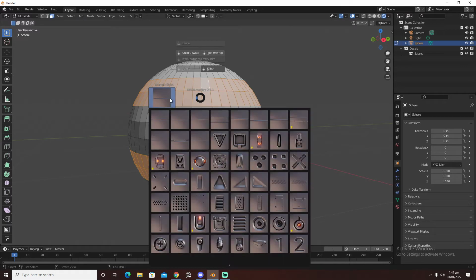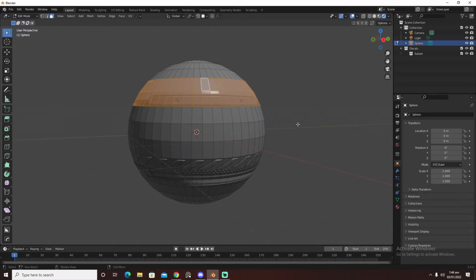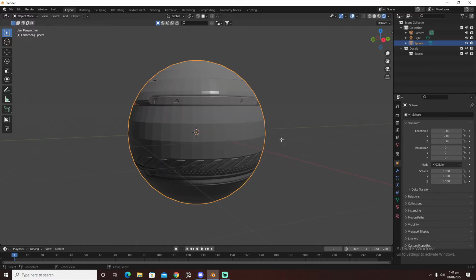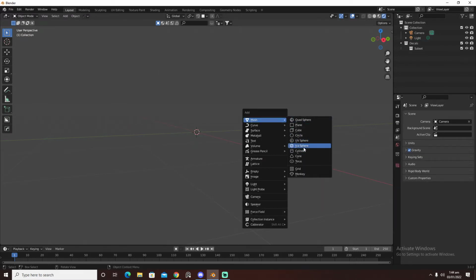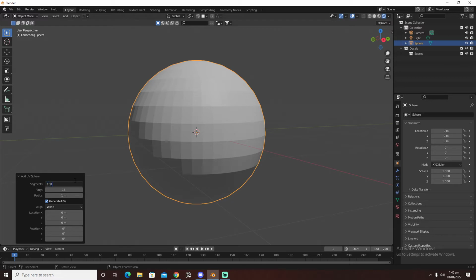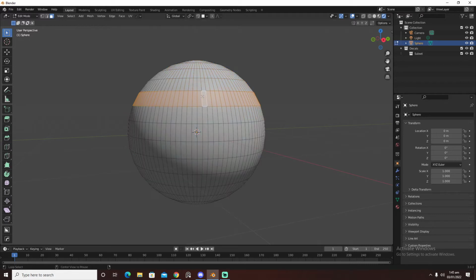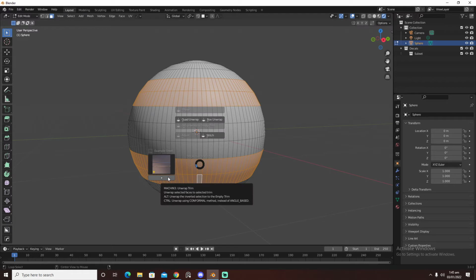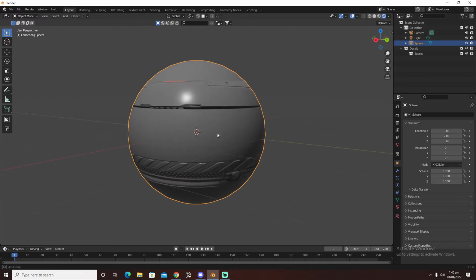I'm gonna press D, and I'm gonna press Alt, and I'm gonna select this guy, and we're gonna scroll up, or maybe nope, let's create a UV sphere, give it 100 cuts, shade smooth, and I'm gonna select these two guys, and I'm gonna select these two guys, press D, Alt, and click here. So we have something like this,